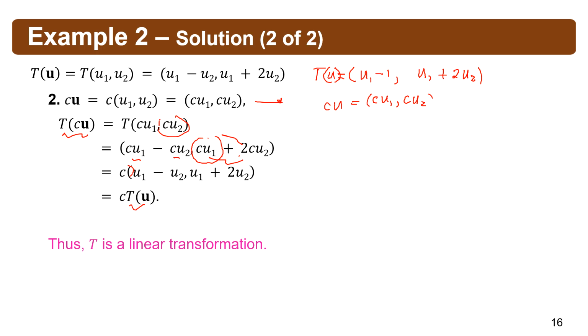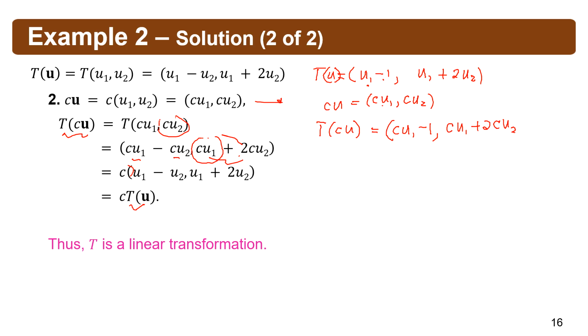Now, when I apply the transformation to CU, I'm going to use this transformation. So the first component, CU sub 1 minus 1, because it's minus 1 here, and then comma, the second component, which is CU sub 1 plus twice the second component, which is